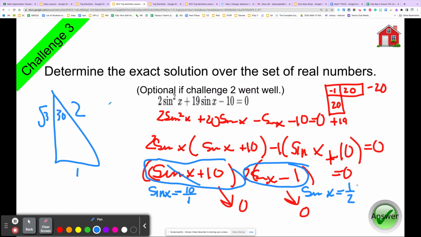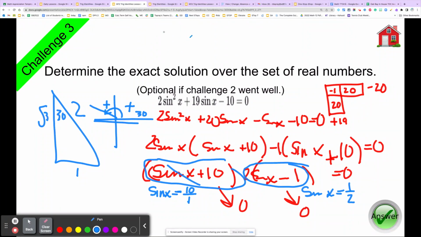And again, friends, I'm so sorry, my pen is not operating, so it's difficult to explain in the way I'd like. But we know that the reference angle would be 30, so one of the angles would be 30, and the other one would be in the second quadrant, and the reference angle there would be 30, so it would be 30 and 150. And it's set over the set of real numbers, so we could say 30 and 150 are the solutions,